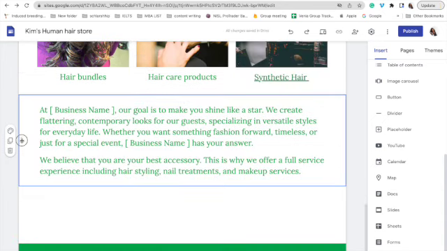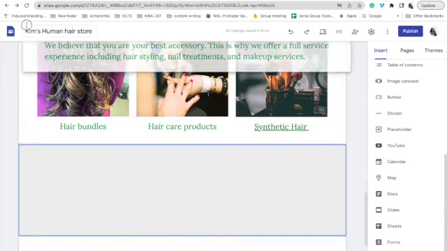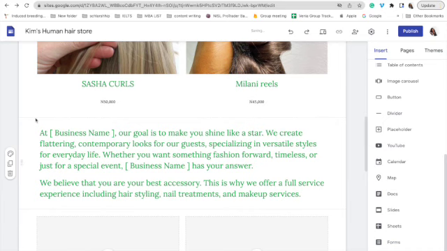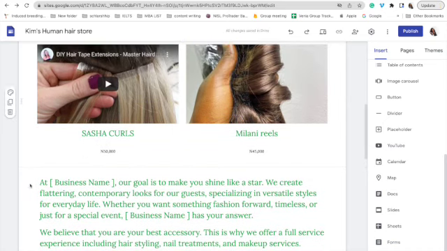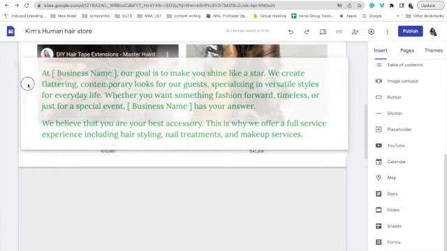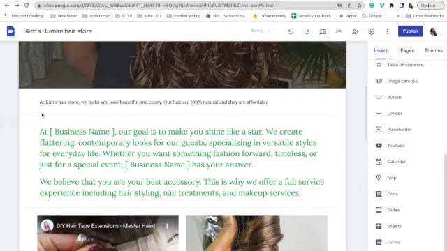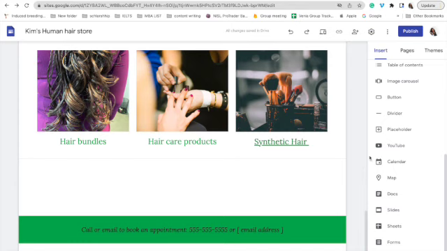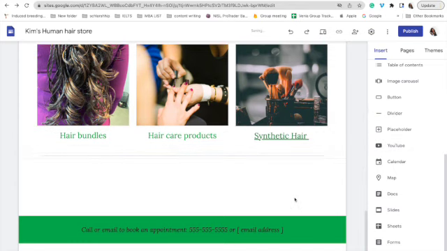You can move this up. Remember I told you that you can move the different sections. So you can move this up here, right? And then we can have a divider. The divider sort of makes your site readable. We can add